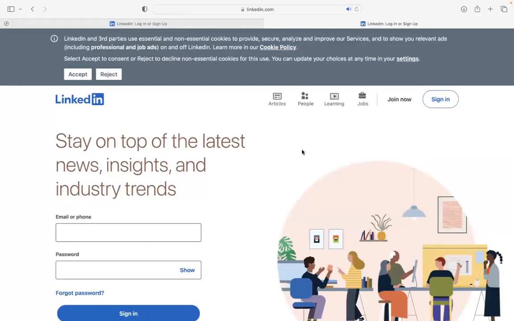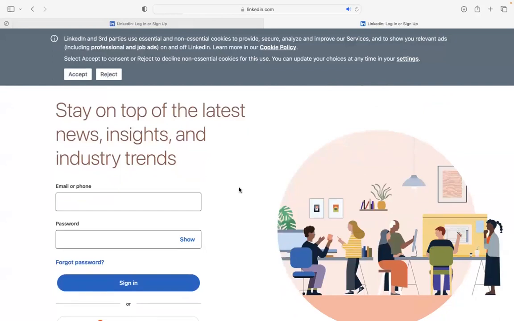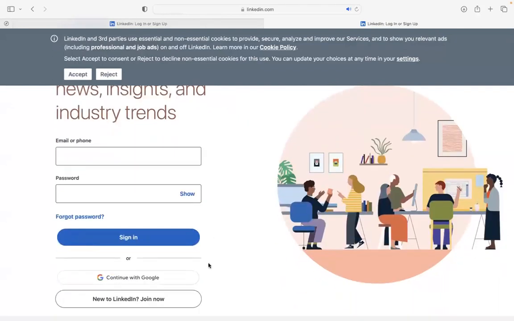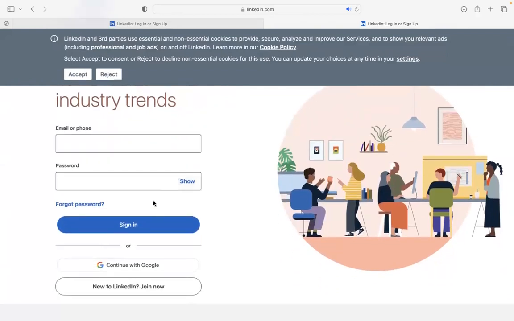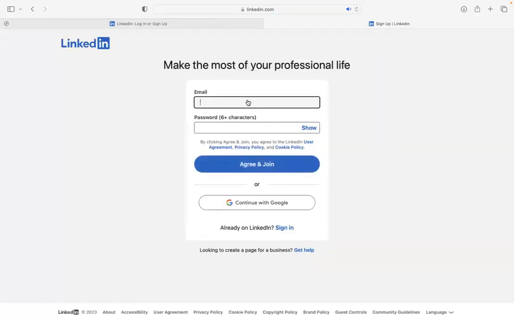So now when you start making a new profile, you must have a valid email ID. Either you'll have the option of sign in, or just go to new to LinkedIn and join now. And then you have to mention an email address. So I'll just mention